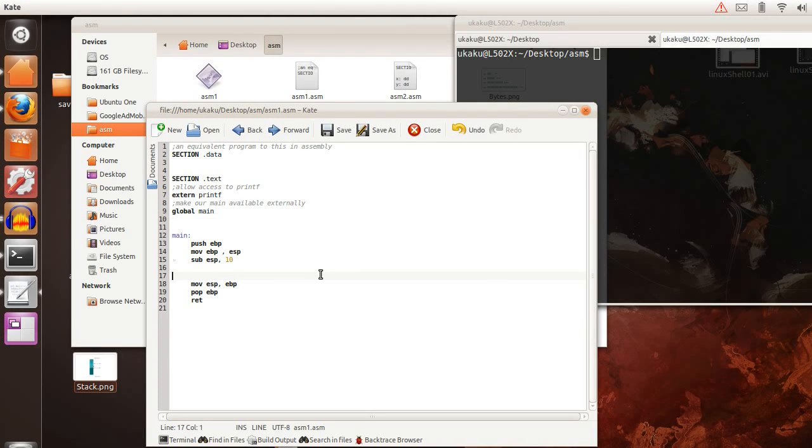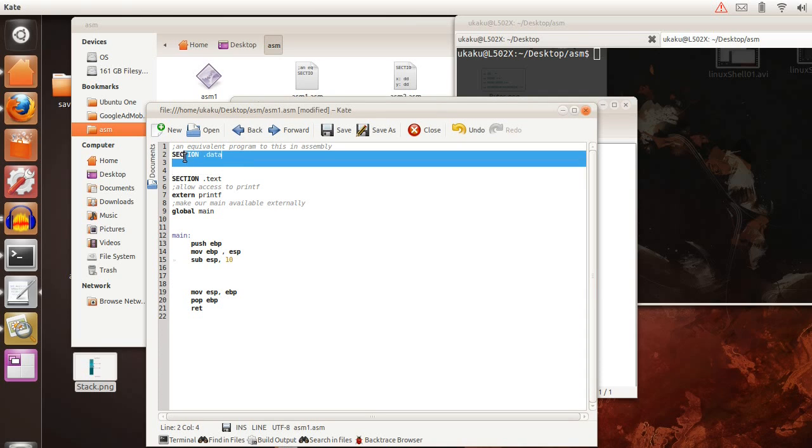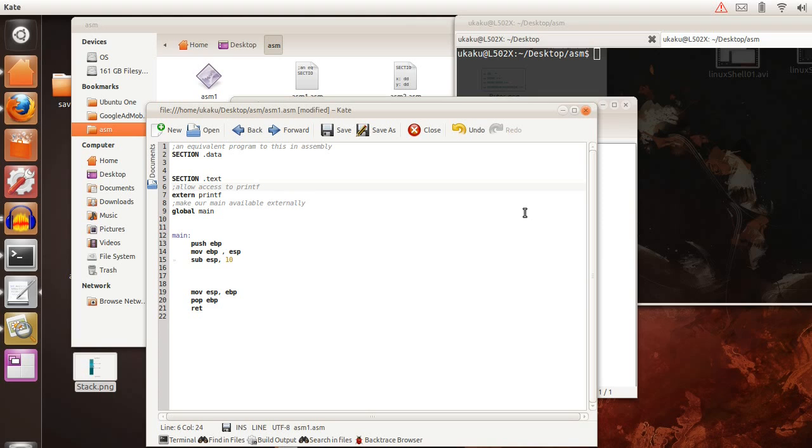Alright, welcome everybody. In this tutorial we're going to talk about how to make local variables inside of your functions. To do that, let's consider what the stack looks like, because we need the stack to be able to make local variables. Because if you were to define a variable inside of your data section or your BSS section,